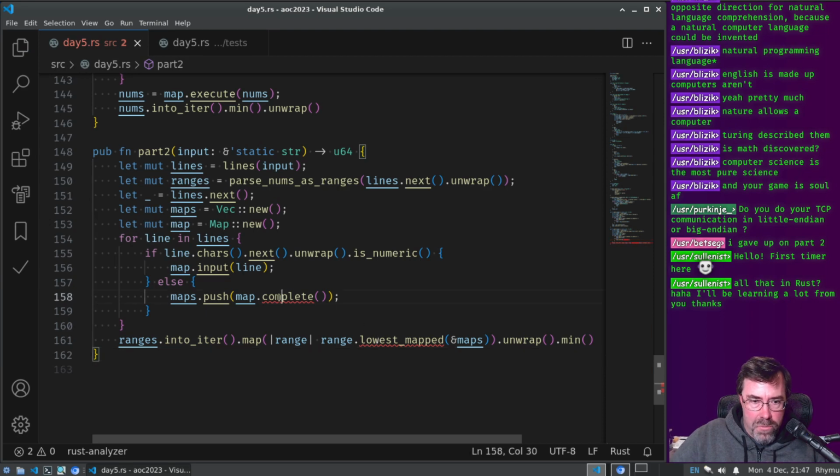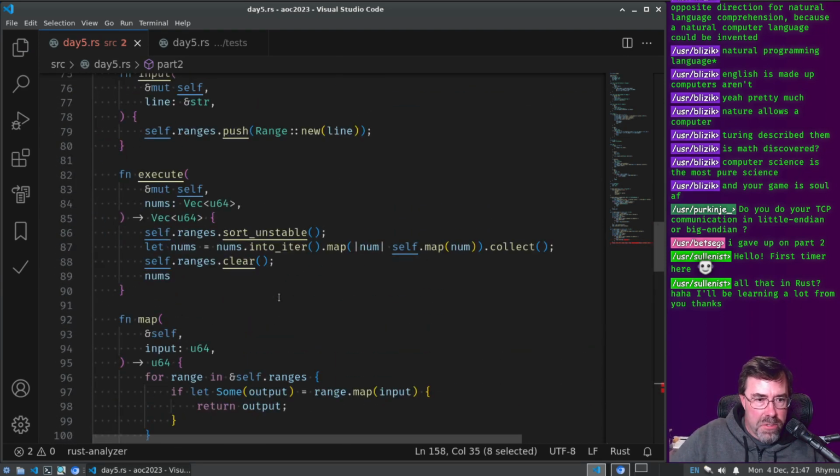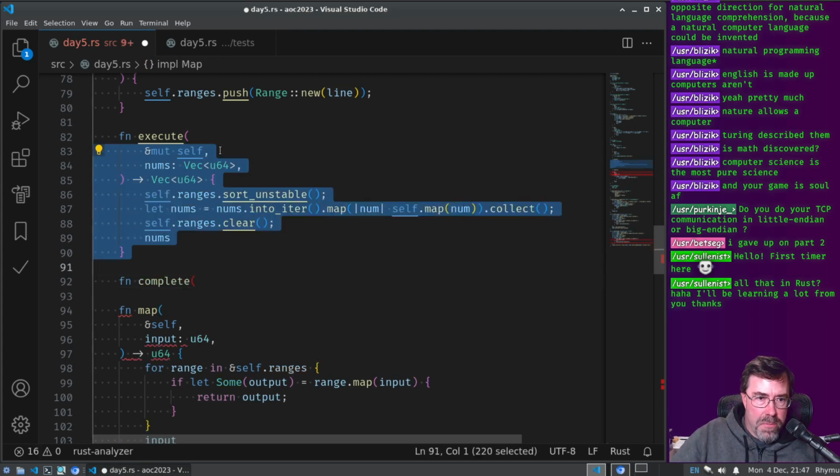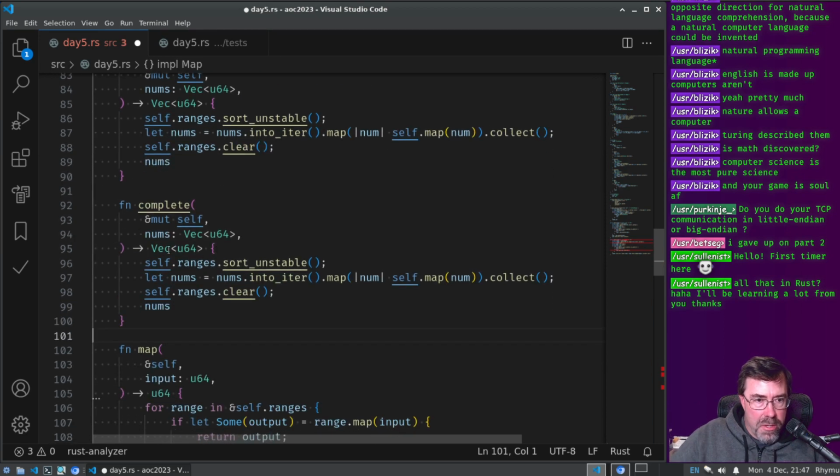Okay, so we need to complete. Let's do that one first. That's kind of like execute, only we don't clear the ranges and junk, right? It's going to consume itself. It's really just mut self. It's going to just sort the ranges, right? We're not going to do this mapping and all that.